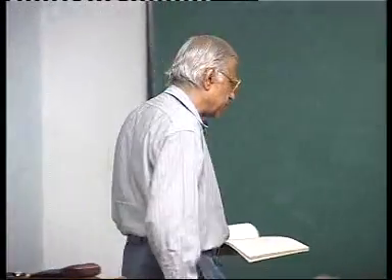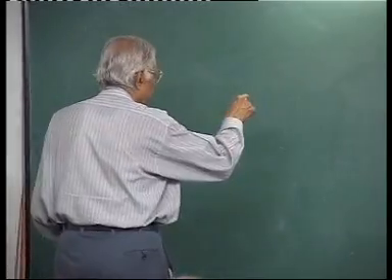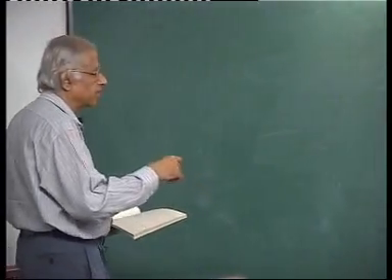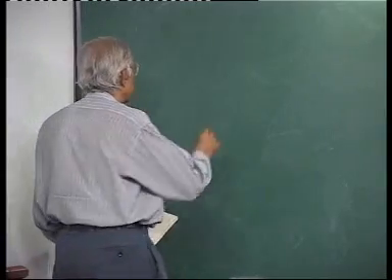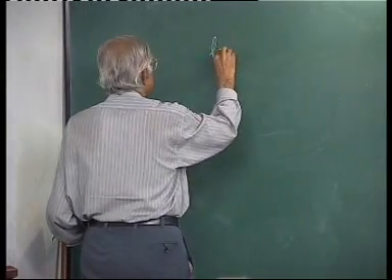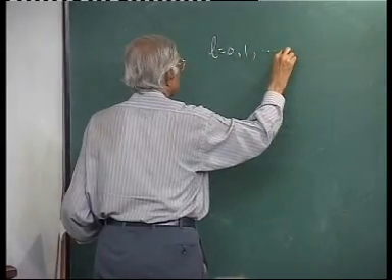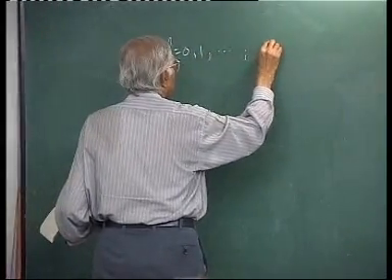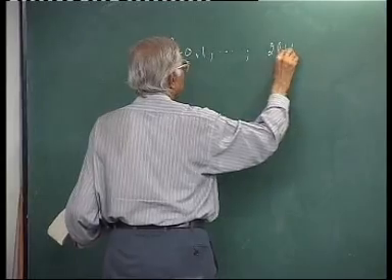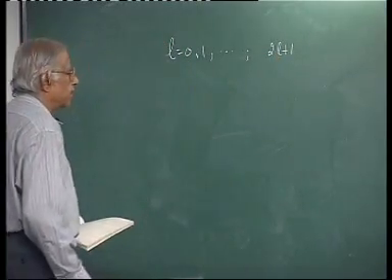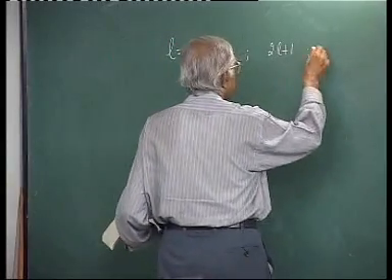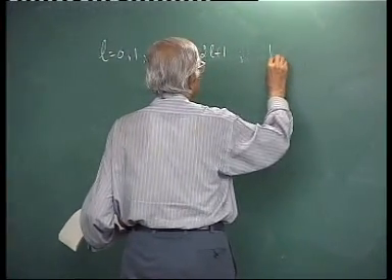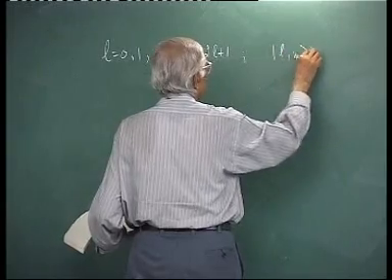So we were discussing from this point of view, starting from the commutation relations, what the unitary irreducible representations look like. And I had made the statement that for every integer L, there is one irreducible representation of dimension 2L plus 1, and in that representation one can introduce an orthonormal basis